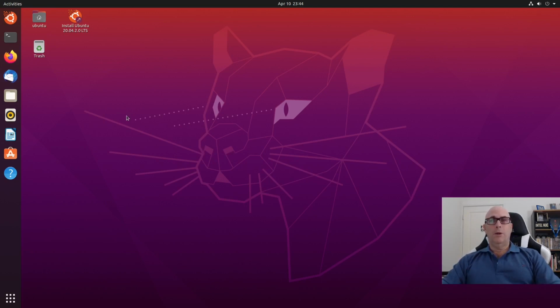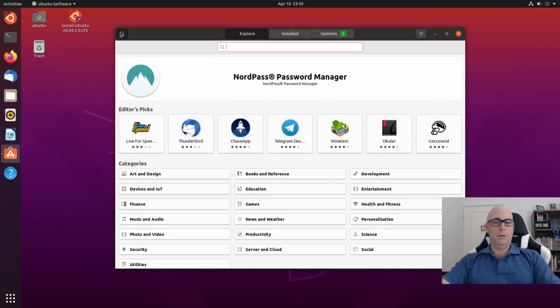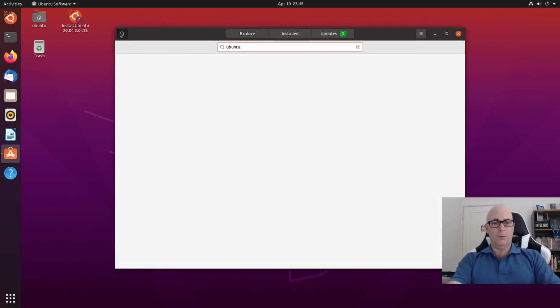And I do know that installing applications can be quite difficult if you're looking for a certain application and it's not going to work. I'm talking mainly about the Ubuntu restricted extras. So if we go back into the Software Center and look for Ubuntu restricted extras,